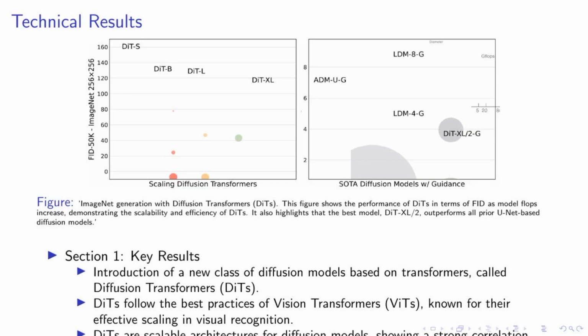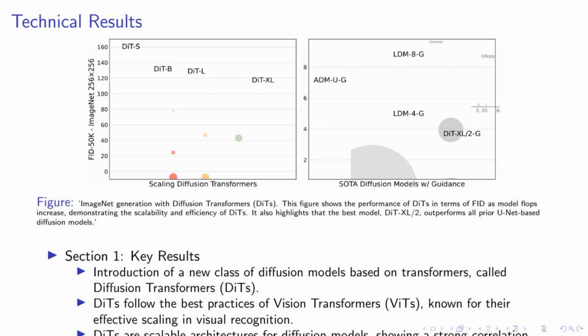Moving on to our key results, we've introduced a new class of diffusion models based on transformers, which we call Diffusion Transformers or DiTs. These models follow the best practices of vision transformers, known for their effective scaling and visual recognition. Our research shows that DiTs are scalable architectures for diffusion models, demonstrating a strong correlation between network complexity and sample quality. By scaling up DiT and training a latent diffusion model with a high-capacity backbone, we achieved a state-of-the-art result of 2.27 FID on the class-conditional 256 x